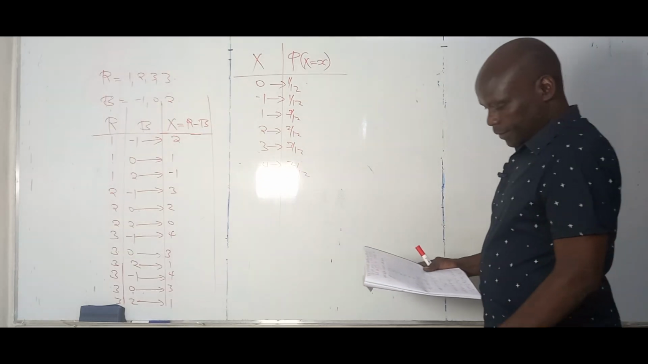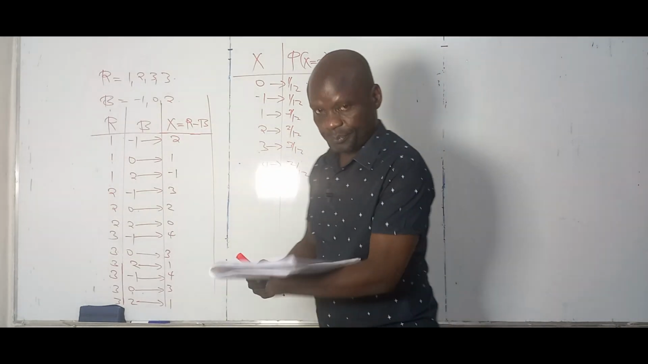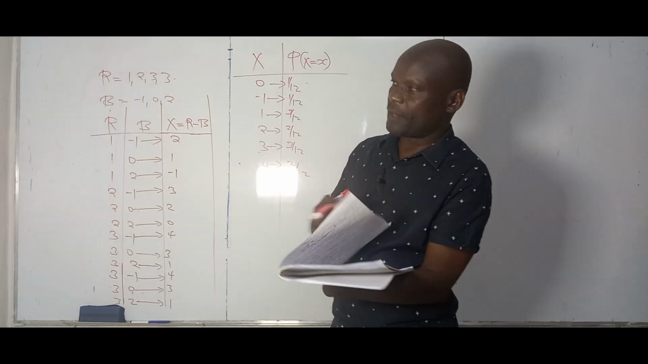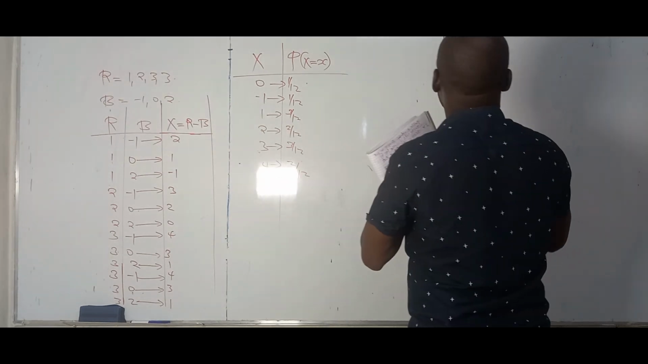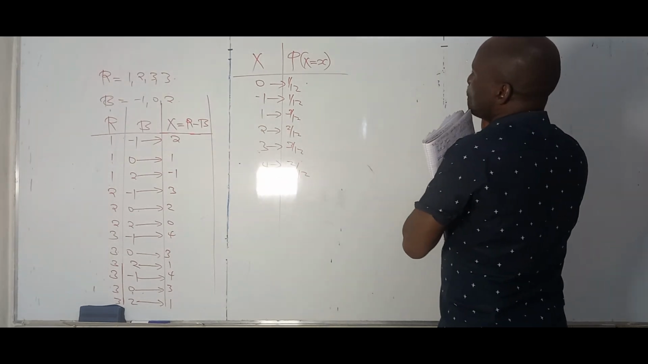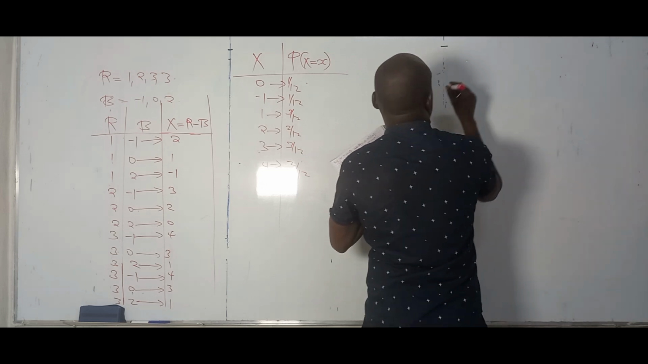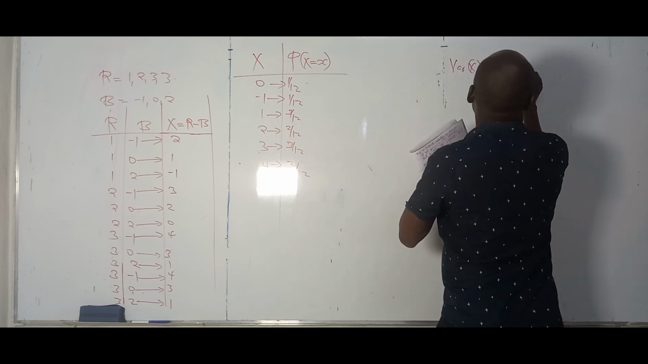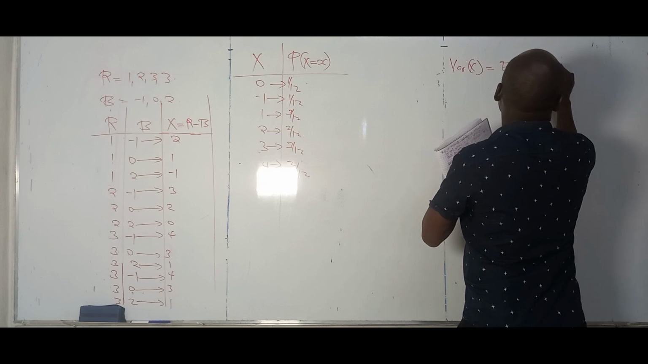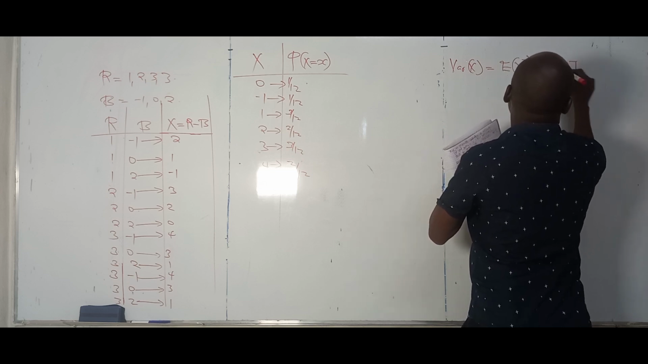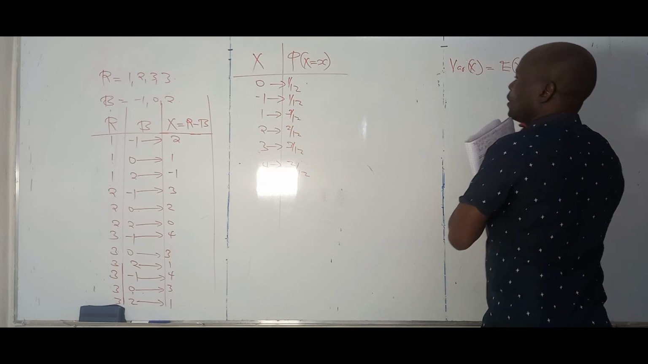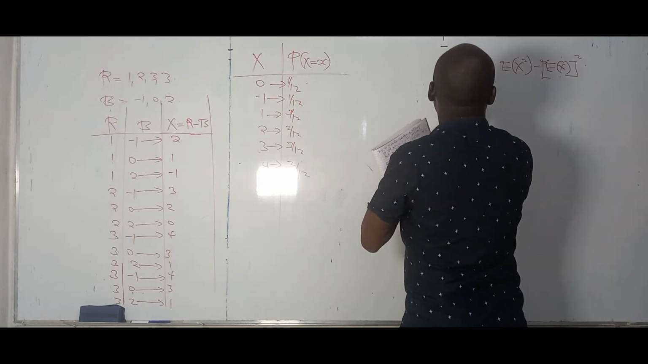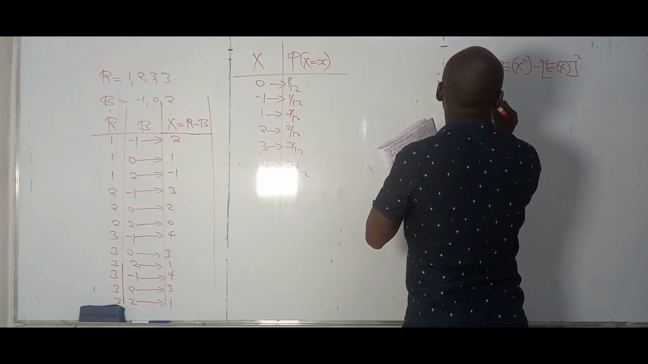So, what is the next question? The next question requires you, having drawn the table, to get the variance of x. Now, variance of x will be given by expected value of x squared minus expected value of x, squared. So first we need to get the expected value, and we say that expected value of x is equal to